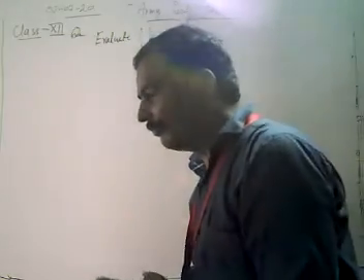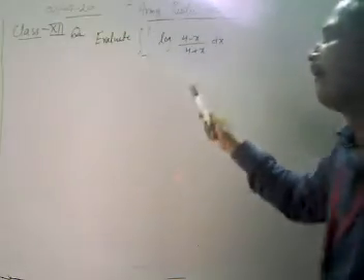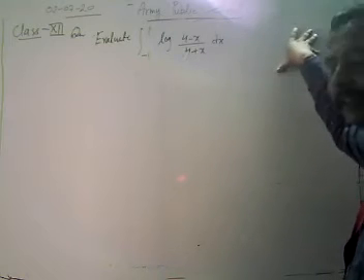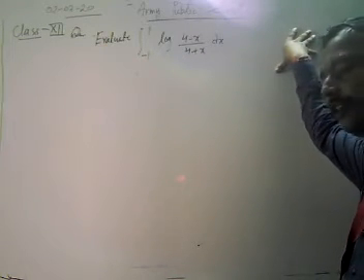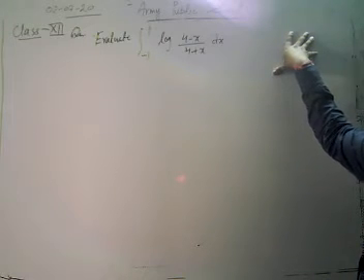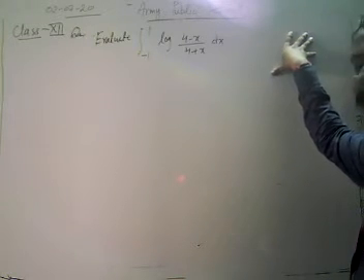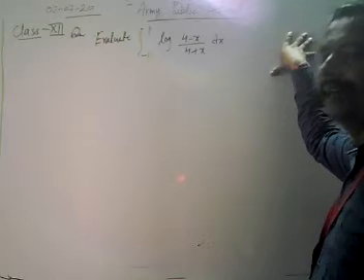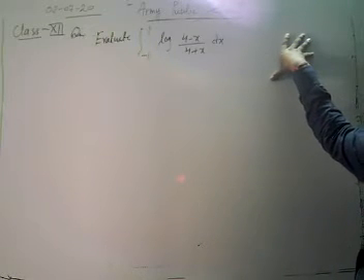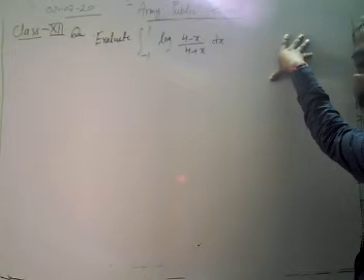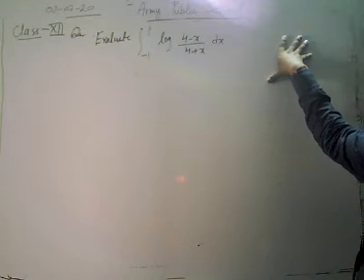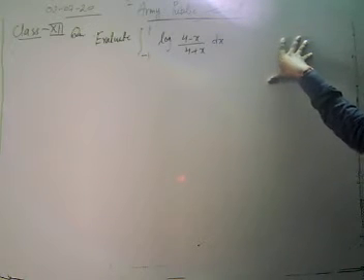Then we have to use this property here. First of all, we have to find out whether our logarithmic function is an even function or an odd function. How can we check whether our function is even or odd? We put minus x in place of x. If f of minus x is minus f of x, then our function is an odd function. If we put minus x in place of x and we get f of minus x equal to f of x, then our function is an even function.